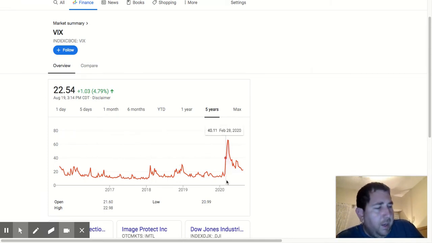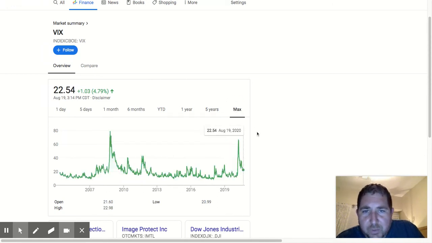But now if I max out the chart and we look all the way back here, this was, I think, about summer of 2008, right? It was the first big pop up. There's a big pop up there. It hits over 70. That was right before the '08 crash. And you can see since then it was up and then hovered for a bit, and then it went back down in 2010.